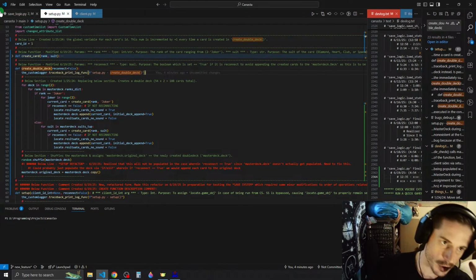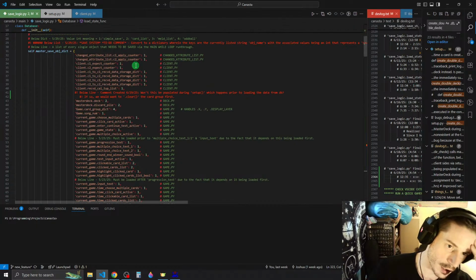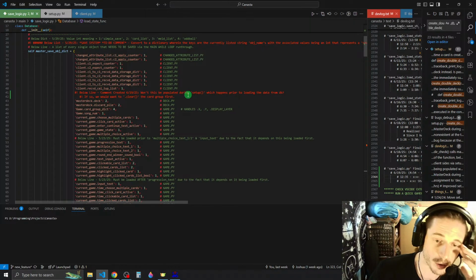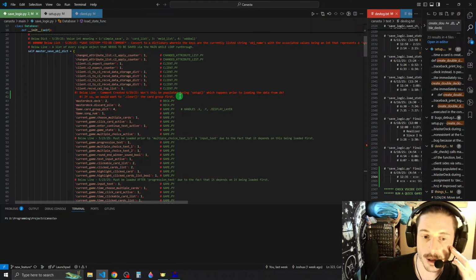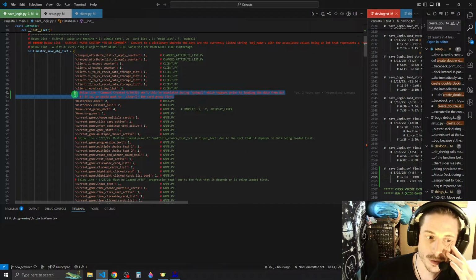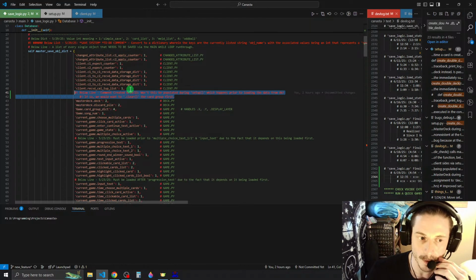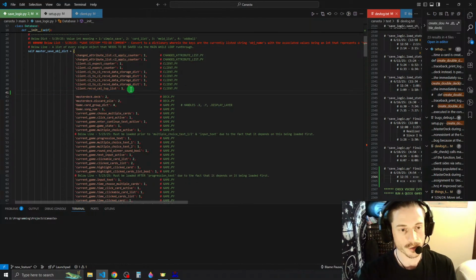So all this just to go back to save logic and say that we want this to be populated during setup. We have loading of GPU, so we want to clear the card group first. So that solved that issue. So now it won't be populated during setup. We want to clear the card group first. And we should have derivatively solved, so we'll put